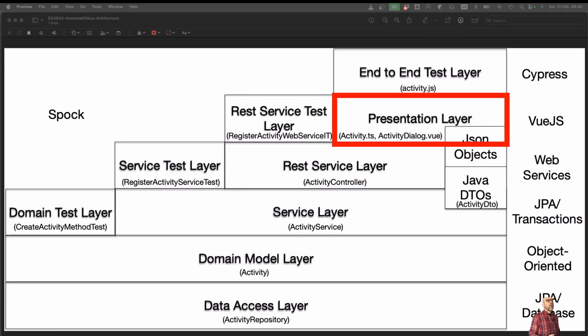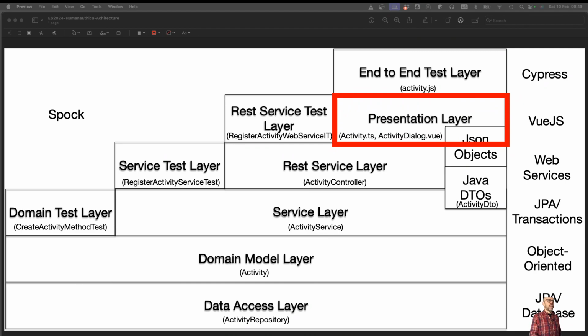Okay, now I'm going to present the client side of the application. So this is an application where the presentation layer executes on the client, in JavaScript. All the other layers we have seen so far are implemented on the server side using Spring Boot. And now we are going to use Vue.js, which is a JavaScript framework that simplifies a lot the programming and